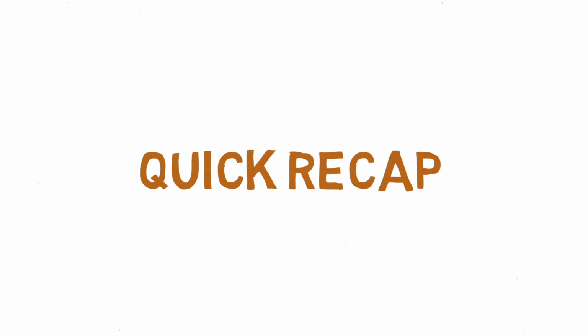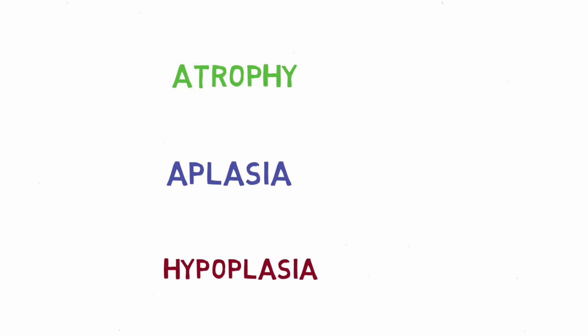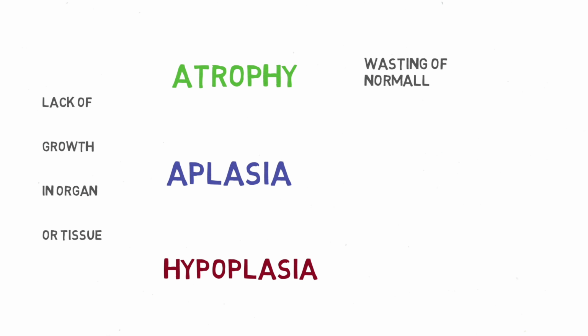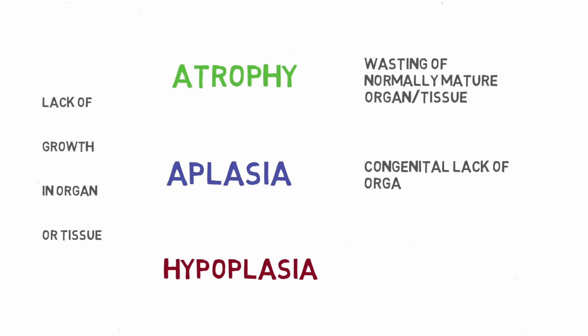Alright, here's a quick recap. Atrophy, aplasia, and hypoplasia are terms for lack or absence of growth in an organ or tissue. Atrophy means the wasting of a previously normal mature organ or tissue. Aplasia means usually a complete congenital lack of an organ or tissue, while hypoplasia means a relative congenital lack of cells in an